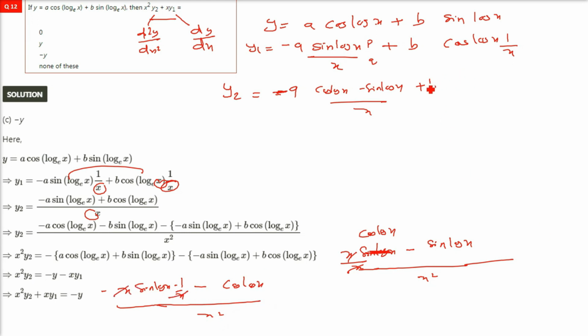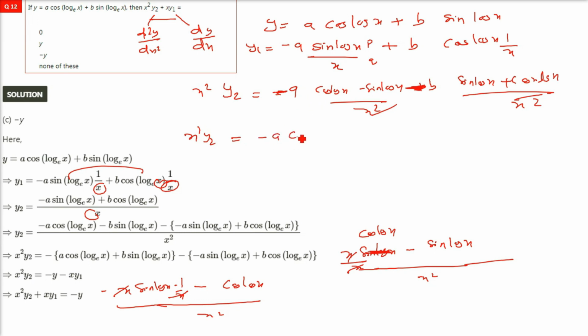So inside this you are going to get, I'm taking negative common from both these terms which we have just done. So x square in the denominator, you have sin log x plus cos log x. You can write like this. So we will combine these terms, and we'll try to find out why we have x square in the denominator. You can just get rid of this x square and take it into the left side, x square into y2